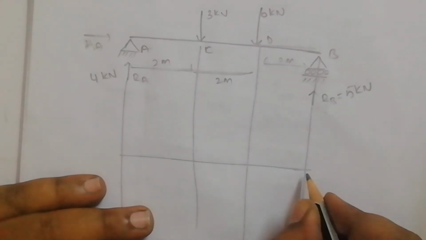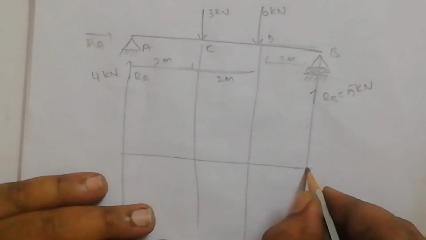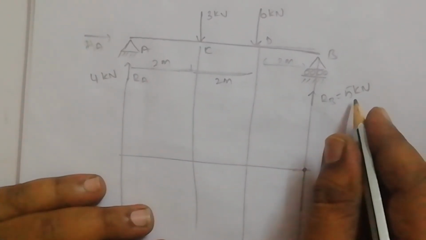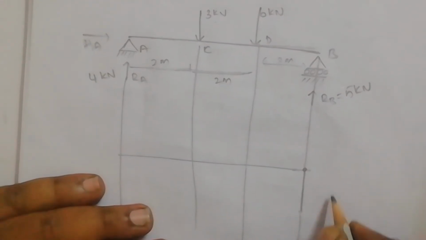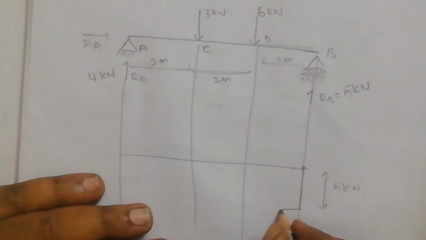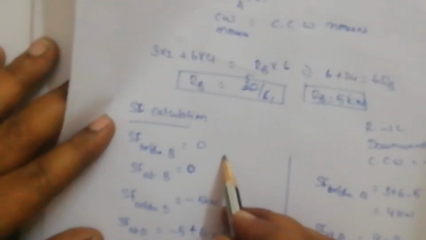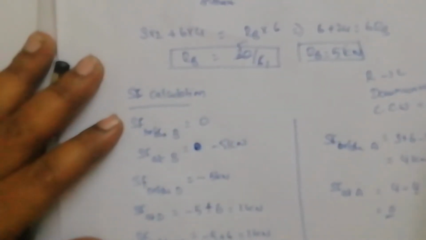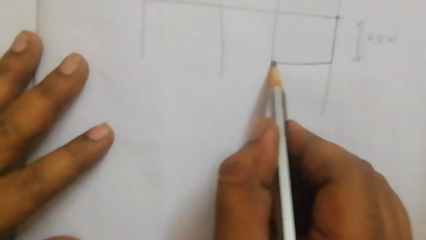First of all we will draw the baseline. Now since the load is acting upward, we have to move downward. Since the upward force is negative, we have moved downward to a distance of 5 kilonewton. From here we will travel straight because there is no load. Sorry, here also it is minus 5, I made a mistake here. At point B it means minus 5 kilonewton, because at point B itself we have a point load of minus 5. So minus 5, here we will travel as it is.